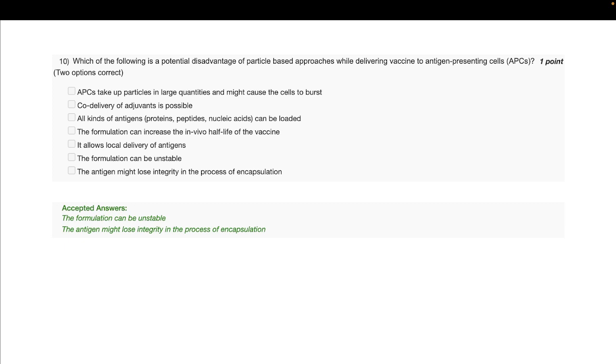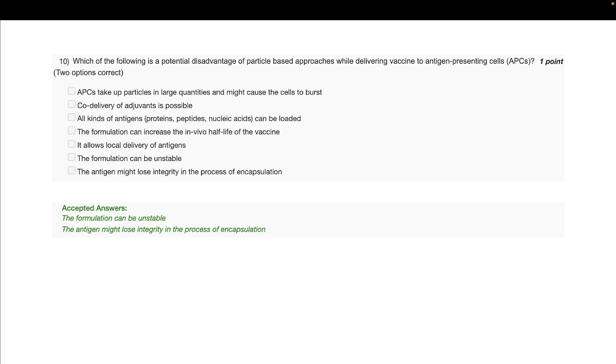Whenever you have put this into a particle and you are delivering it so that it is engulfed by the antigen presenting cells, let's suppose it's a DNA, then we are not sure. It can be an unstable formulation also, because there are a lot of things which can denature the DNA. So as a result, the formulation might be unstable, and also the antigen might lose integrity in the process